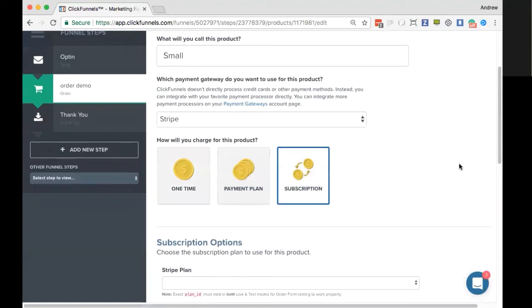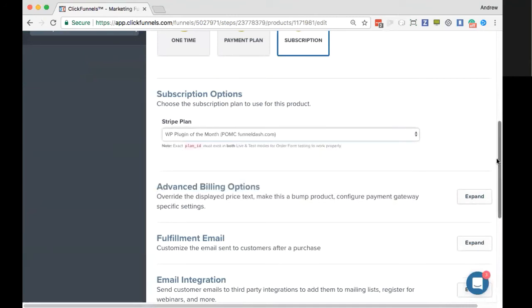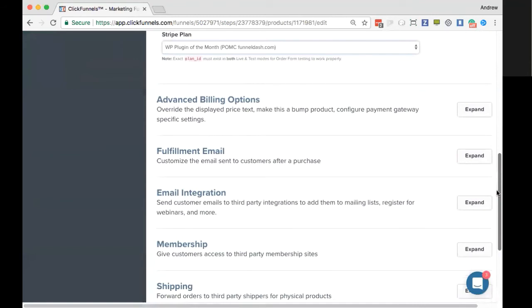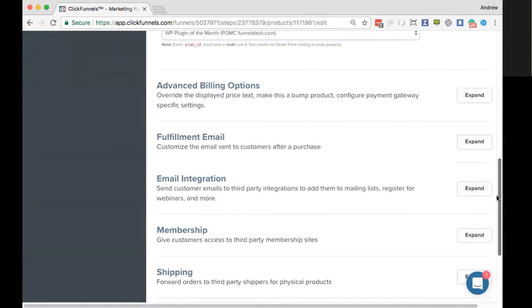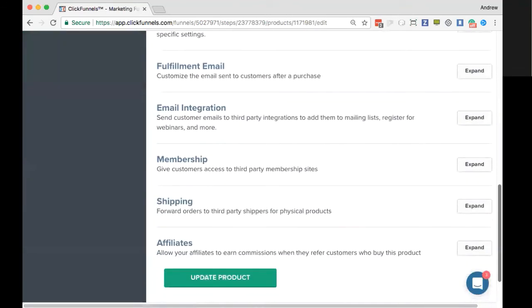In this case, we'll go with subscription, and we'll call it a box of chocolates. And here under our Stripe plan, just go in and select whichever one that you have selected for that particular plan. And it's going to do a recurring billing on that particular product based off the settings that you have in this case, Stripe. Depending on your payment processor, this will be different.